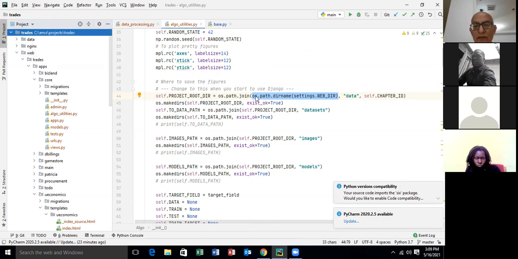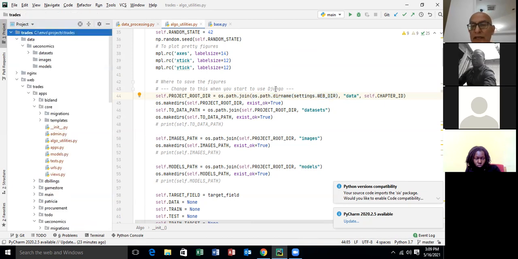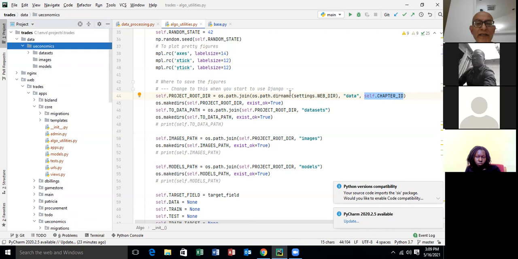This is just another way of using os.path.dirname. It goes to the parent of this directory. So we're getting to this threads directory, and we're asking it, go down to data, join it. So we say threads, data. It's taking us really to here. And under the data, we're asking it to put the title of this chapter, which is ueconomics, which is really this directory. In other words, the project's root directory refers to this directory, under which, if you see, the first thing